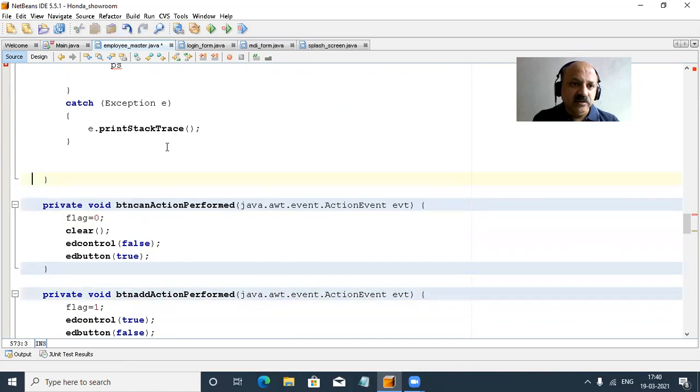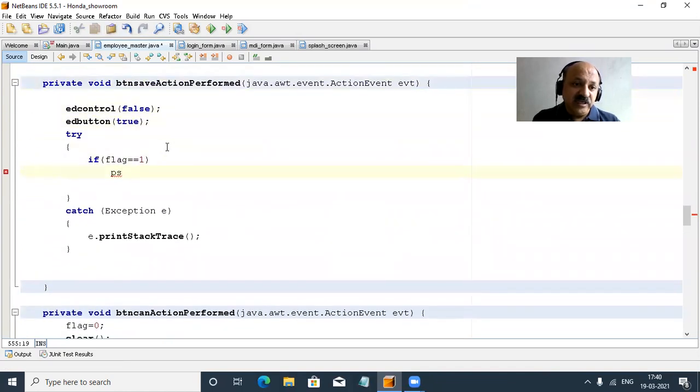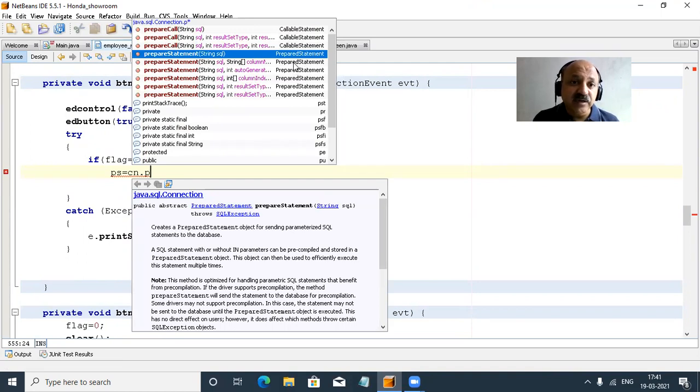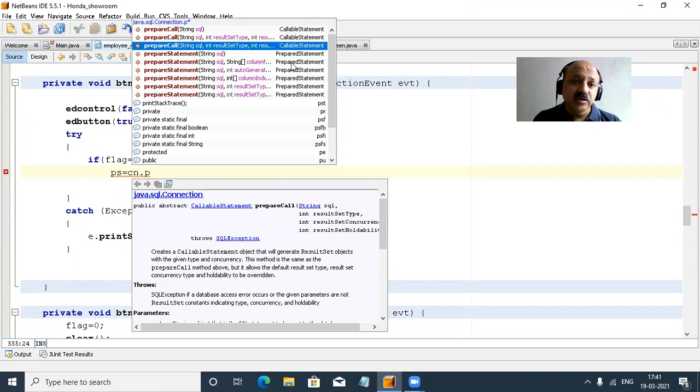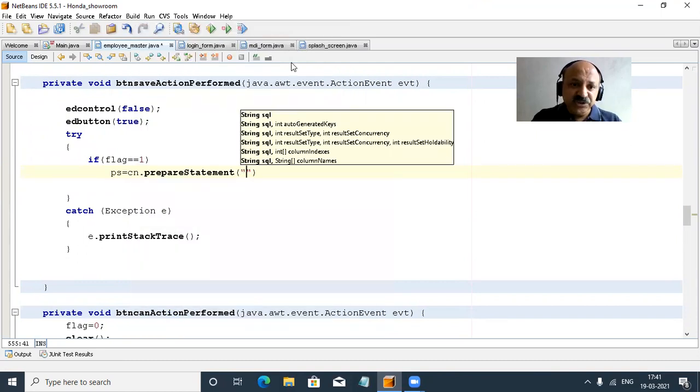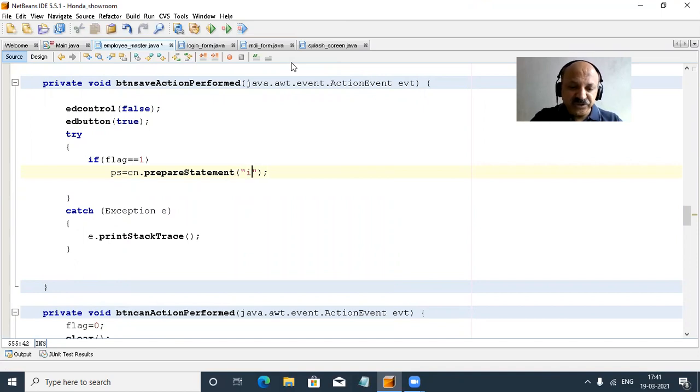So yes, here is our save button and its handler, and I create one method for the connection as a prepare statement, and that returns a PreparedStatement class. In J2EE there are three techniques: statement, prepare statement, and callable statement. You can look here at callable statement, which you can use for a stored procedure, but here prepare statement is better to apply to our query. So for which query do we apply the insert operation? Insert into employee info values, and there are 6 question marks.